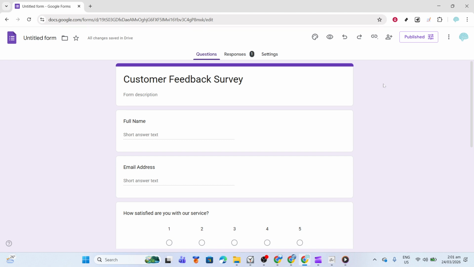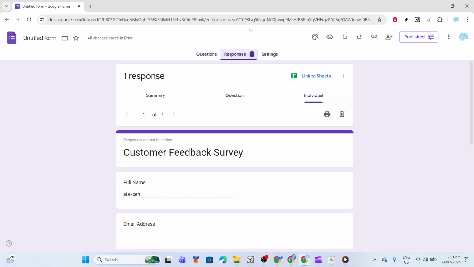At the top of the editor, click the Responses tab. This tab sits alongside Questions and Settings. You'll also see a number badge here that shows how many total submissions your form has collected. The Responses tab is where all your submissions live, and where you can manage, review, and, when needed, delete individual